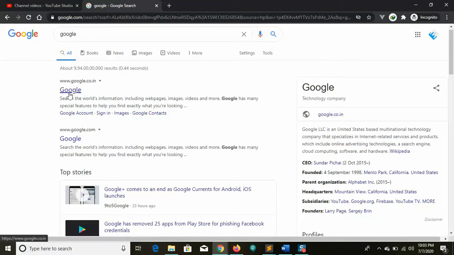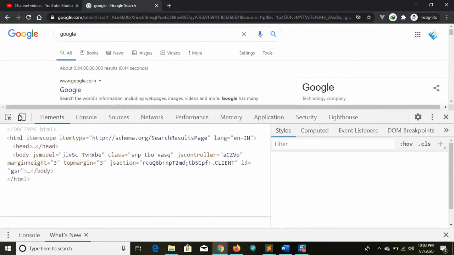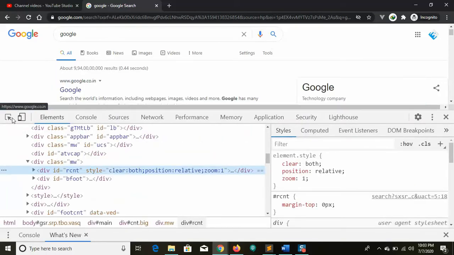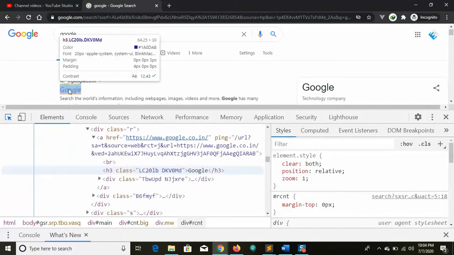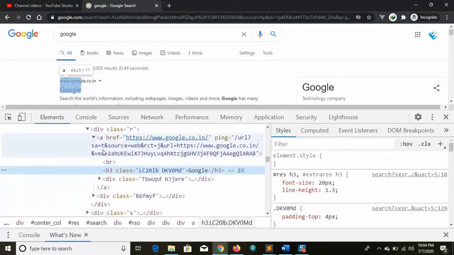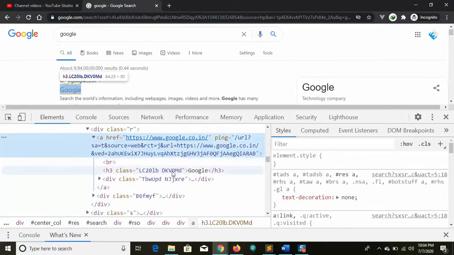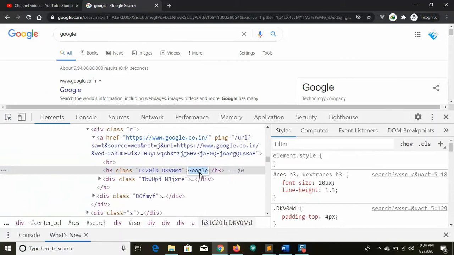What is the code or background of this? Just right click, go to inspect and see. Select this particular one, and click on it. You can see here it's an anchor tag, right? It's Google.